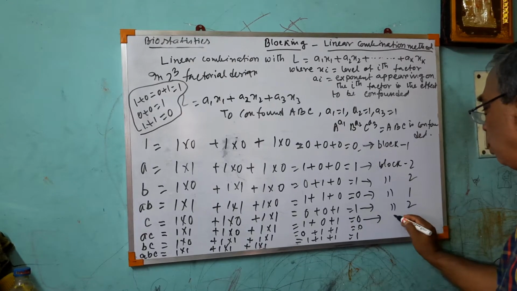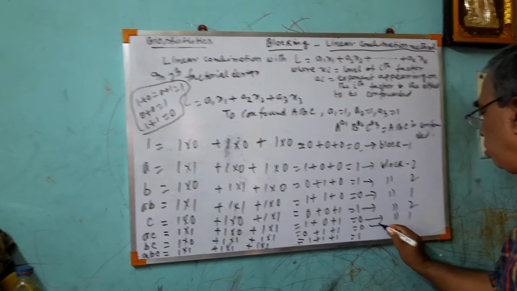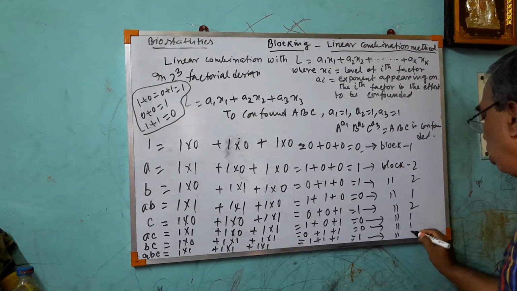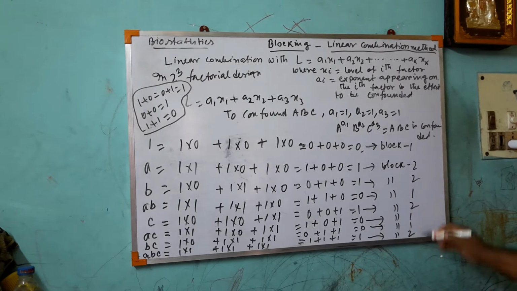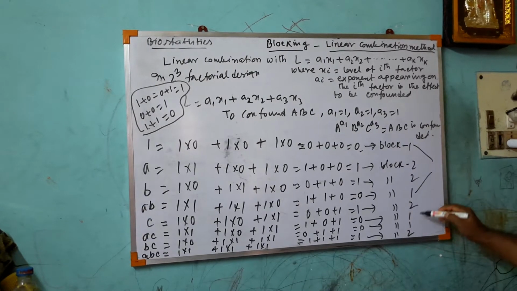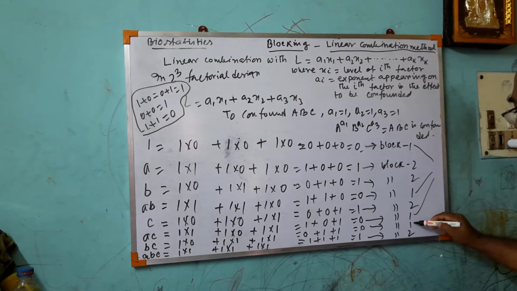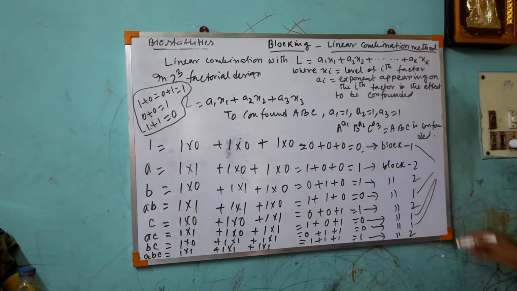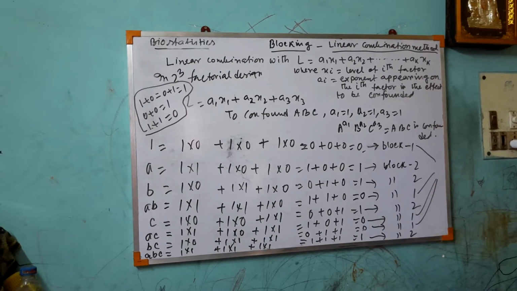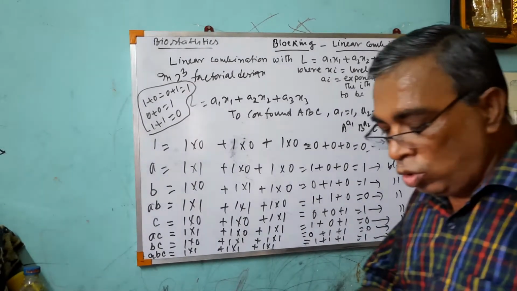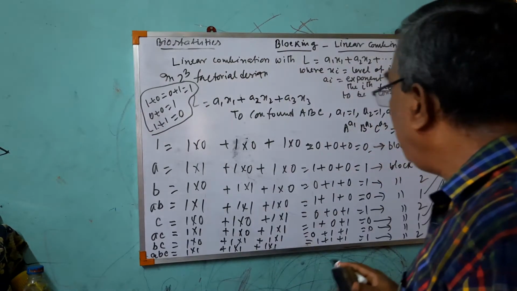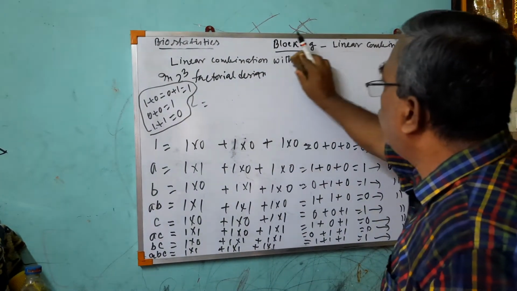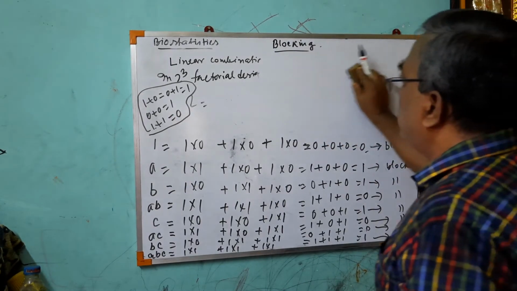This will be block 1. This will be block 1. And last one will be block 2. So that means this and this 4 goes to block 1, and this and this goes to block 2. Okay, so we have arranged all the treatment combinations, that is 8 treatment combinations, into 2 blocks. We can write now. Just follow me.